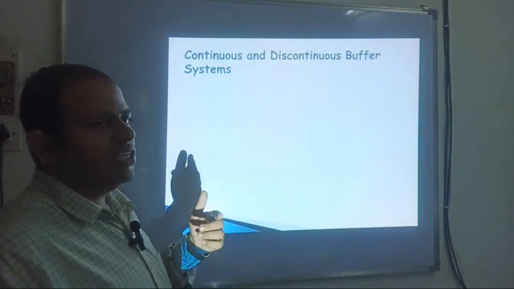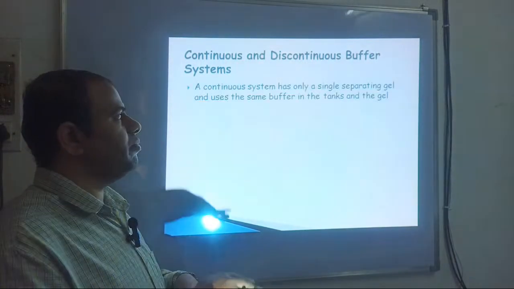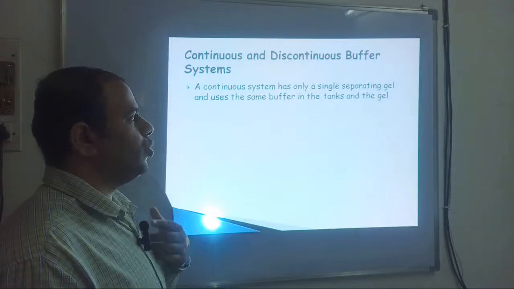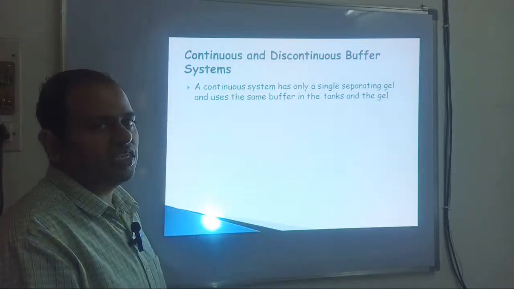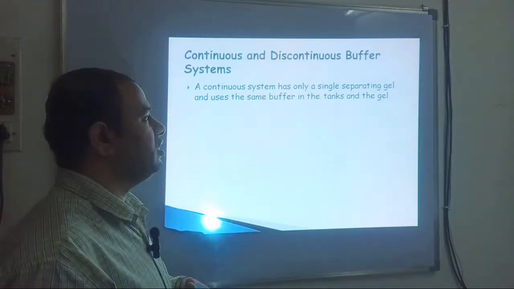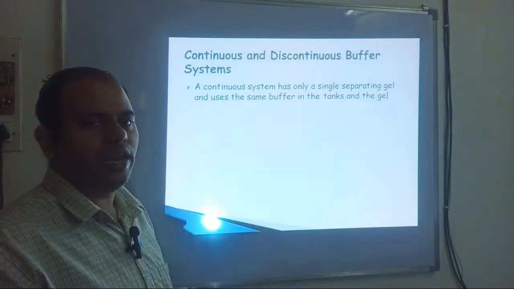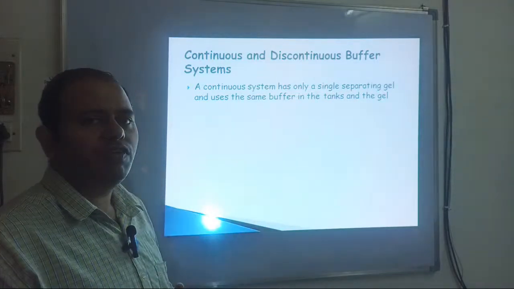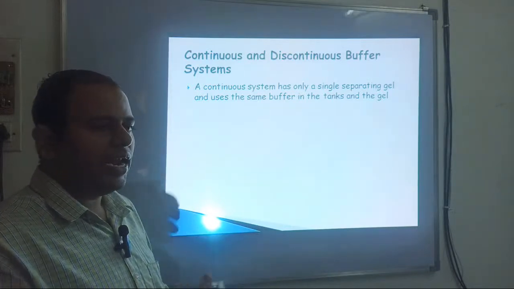Continuous and discontinuous buffer system. The buffer system can be continuous, means what? The diagram which I have shown you at the starting was an example of discontinuous buffer system. It can be a continuous buffer system. A continuous buffer system is one in which the buffer is poured onto the whole gel. A discontinuous buffer system is one in which the buffer is kept at two ends, and in between there is